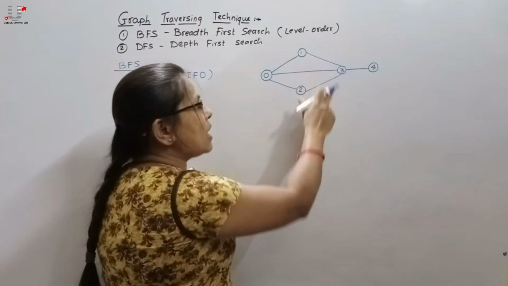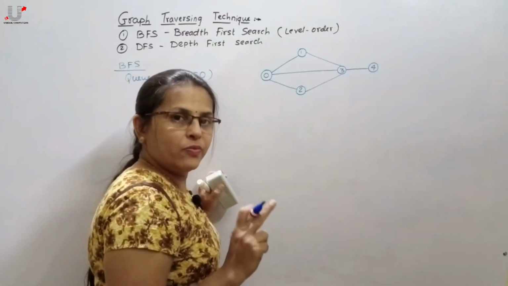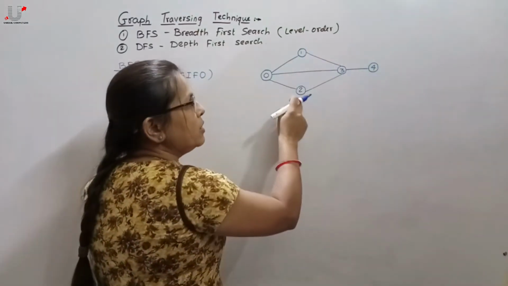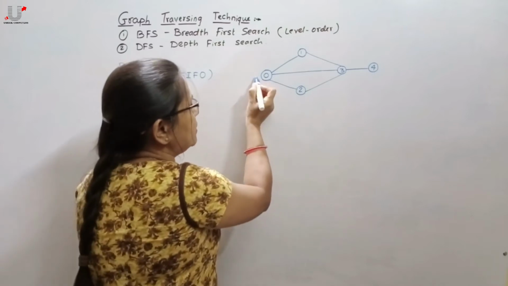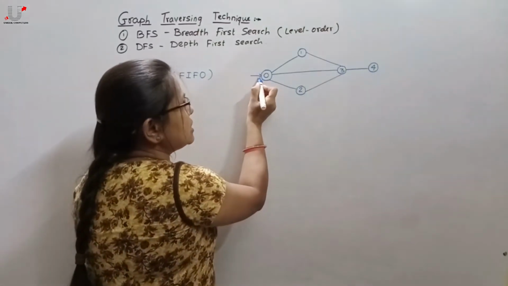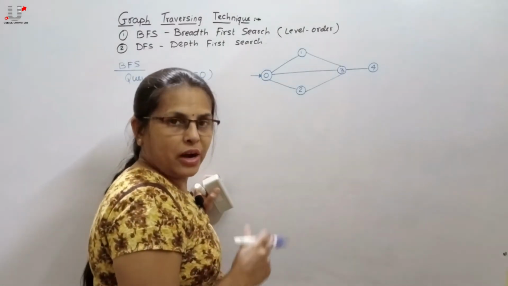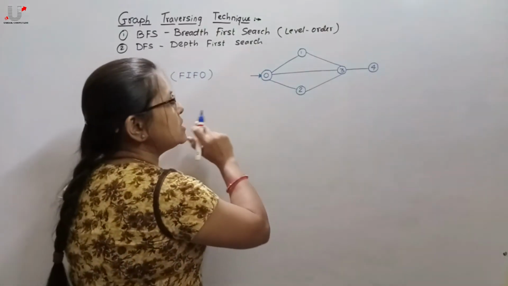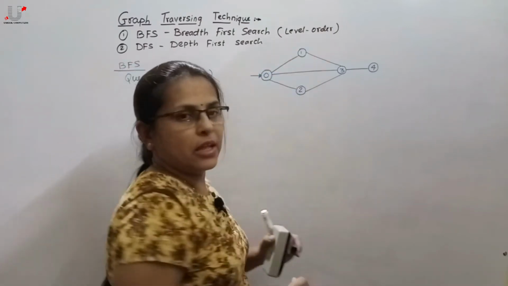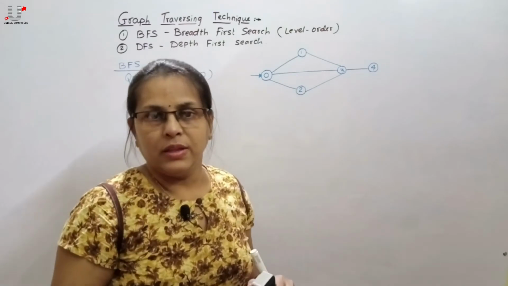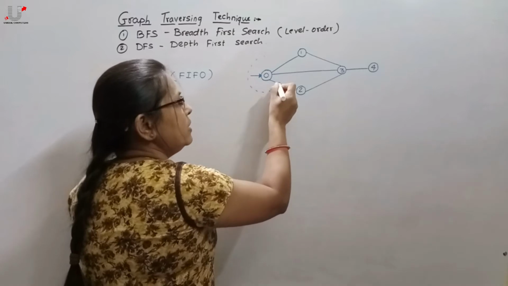If the starting vertex is not given, then we consider any node as a starting vertex. Here, in this case, we consider 0 as a starting vertex from where we have to start traversing. So, as 0 is a starting vertex, and as BFS is named level order, the starting vertex is considered as level 1.